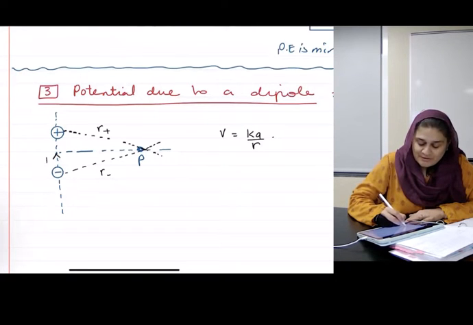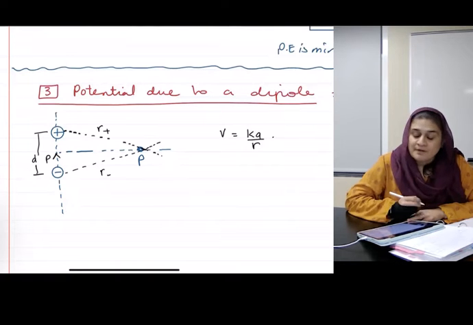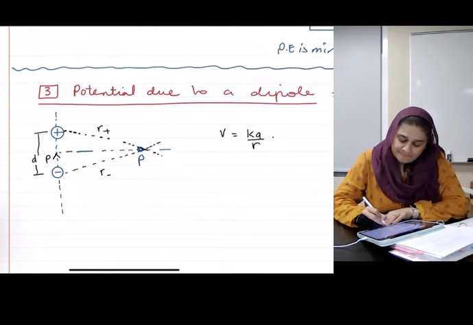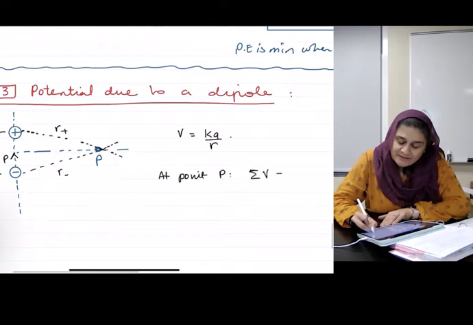There's a P that goes this way. There's a D that exists here. So at point P,